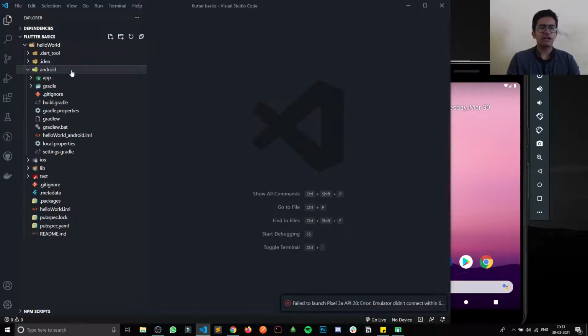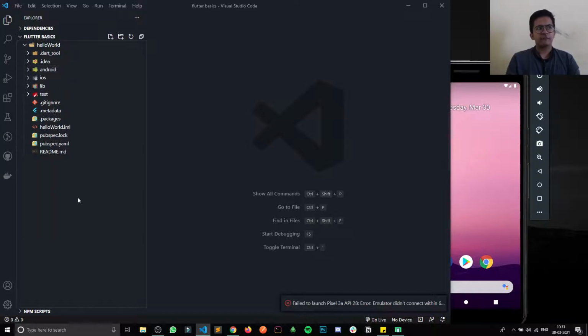The Android folder is kind of an important one. Sometimes what happens is we create an app, and some of the specific things are specially for Android, and some are specially for iOS.